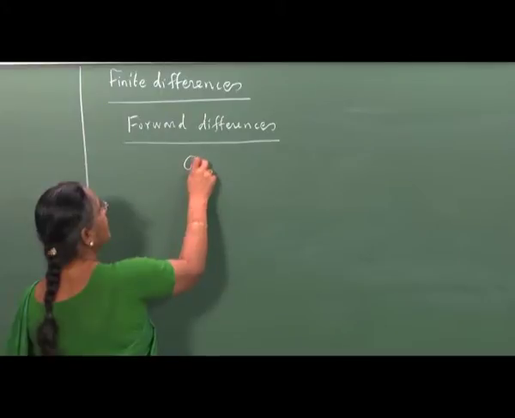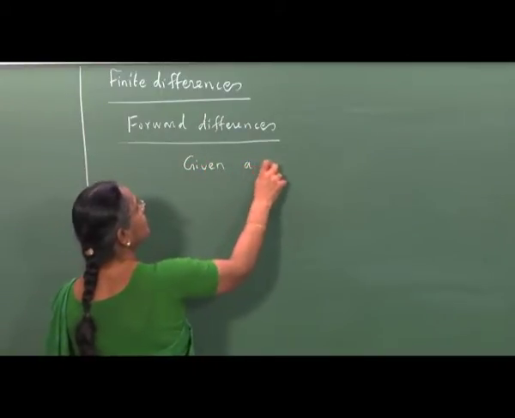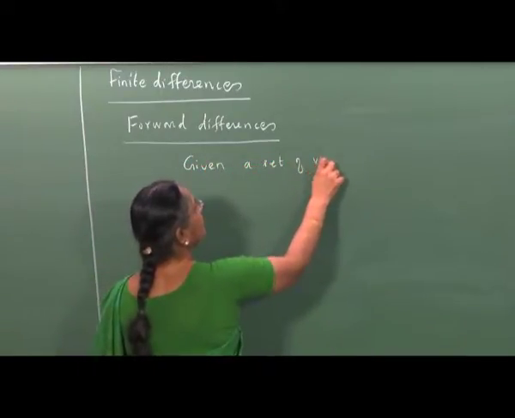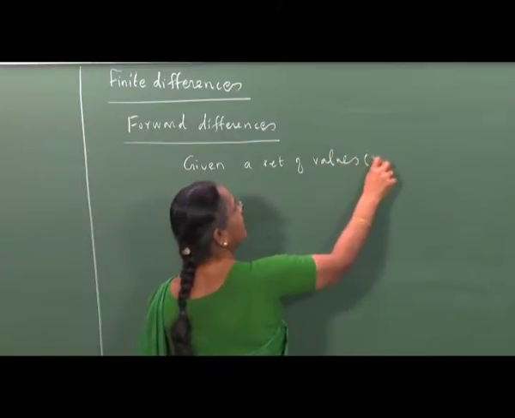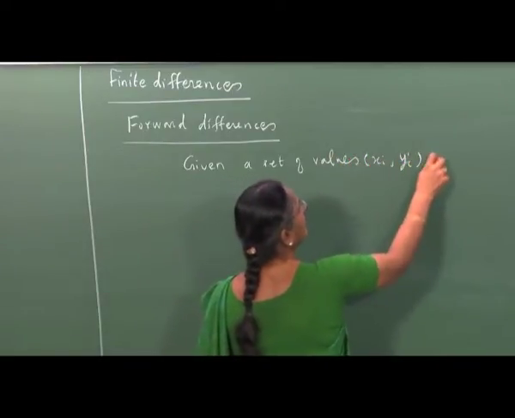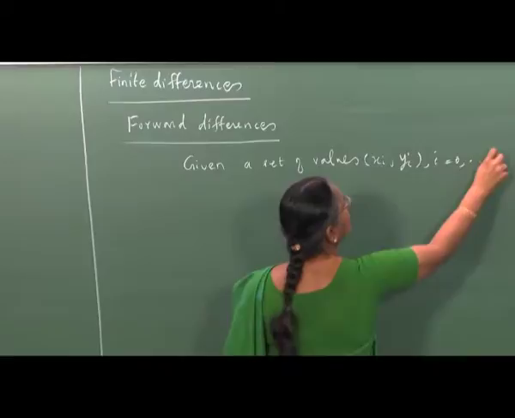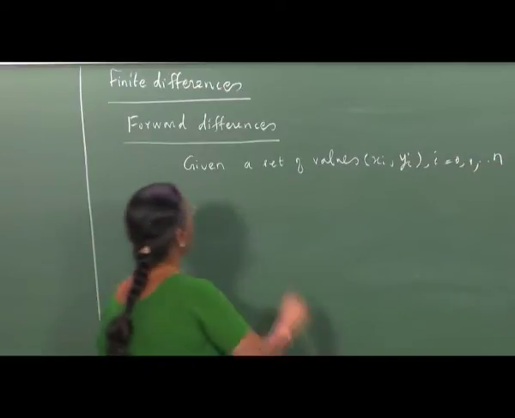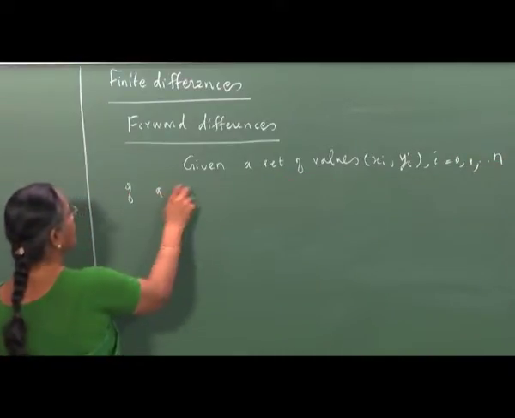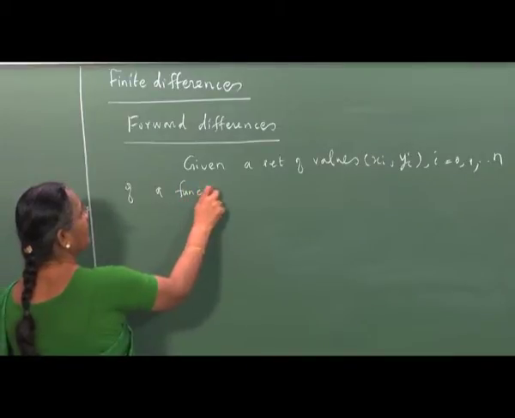So, given a set of values xi, yi of a function y is equal to f of x,